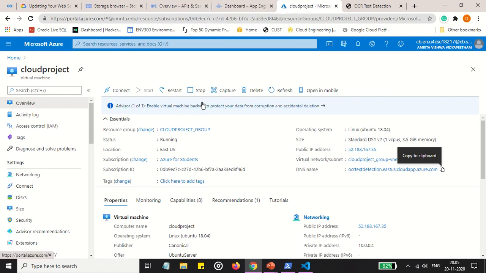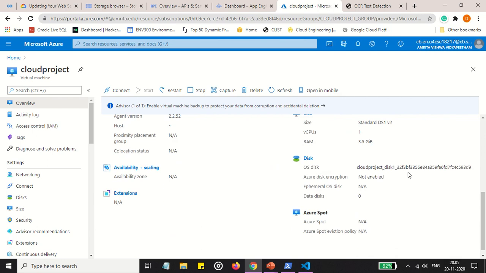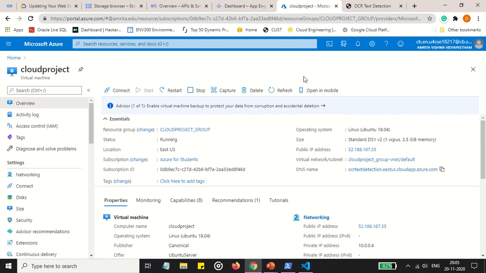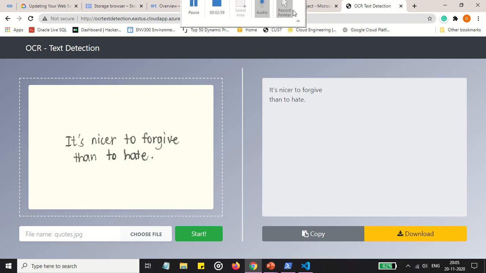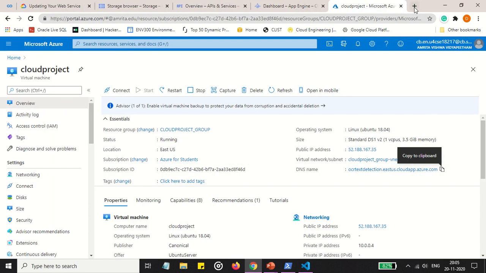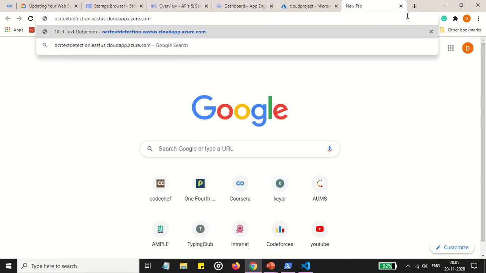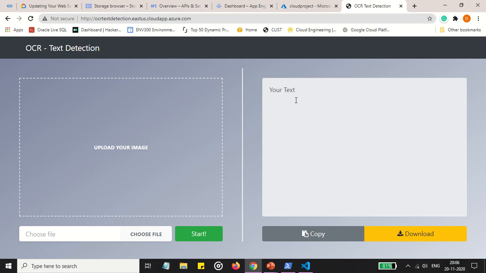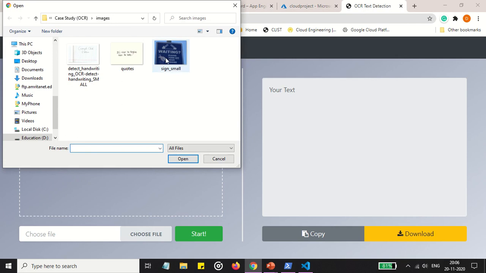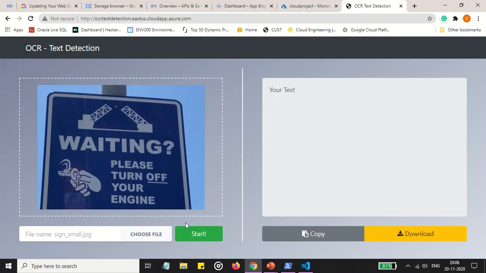This is the Azure portal where you can monitor and manage your virtual machine instances, and this is the public DNS of the web application. This is the web application. It's a simple single page application where a user can upload any image and simply click the start button to get the results.